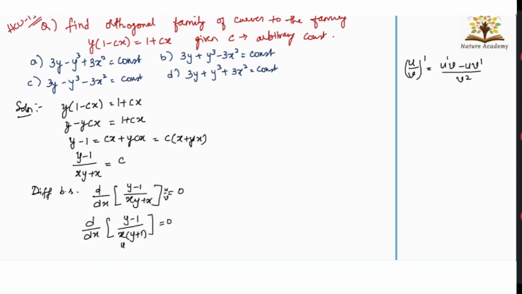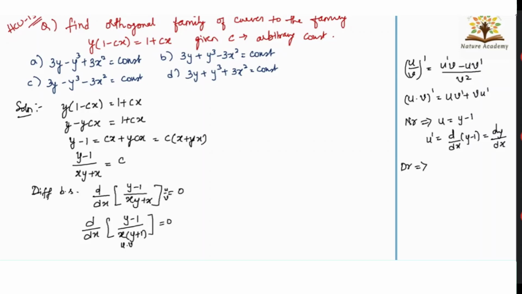In the denominator, again it is in the form u into v. If you find differentiation for u into v, you can write it as uv dash plus vu dash. Isn't it? So in the denominator, you have to use this. So let us start with the numerator. For numerator, u will be y minus 1. Then u dash will be d by dx of y minus 1, or simply dy by dx because 1 is a constant. So this is done for the numerator. For the denominator, I have to find v dash, and to find v dash, again I have to apply the product rule.